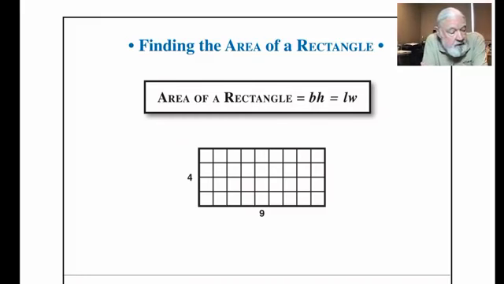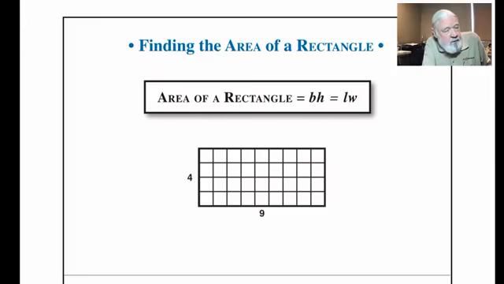So how do we find the area of a rectangle? Well, so far in most of the rectangles I've been showing you, you can see that the space inside of the rectangle has been broken down into squares. Well, that's going to get a little tedious after a while, so let's see if we can figure out a better way to approach this. I mean, we certainly could sit there and count up all the squares one by one, would be one way to do it. Another would be to take advantage of the fact that there's some multiplication involved here. I've got 9 squares along the bottom, 4 going up. So I could go 9 4 times and get 36.